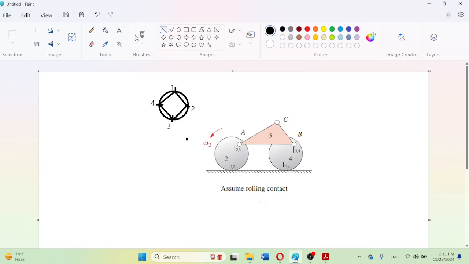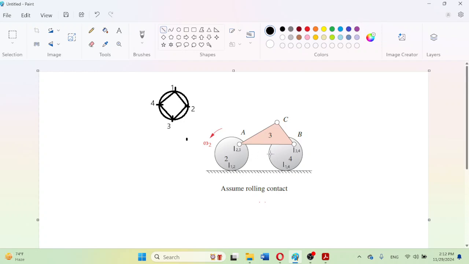Like this. And after that, now we are actually required to find the instant center between the links which are not directly or physically connected with each other. For example, link number 3 and link number 1 ground, because these two links are not directly connected. And in a similar manner, this link number 2 and this link number 4, which are not physically